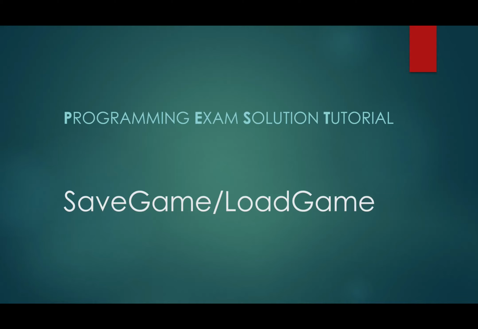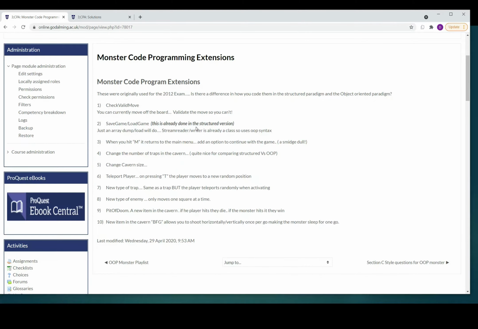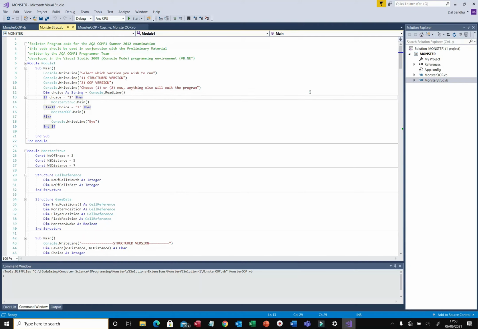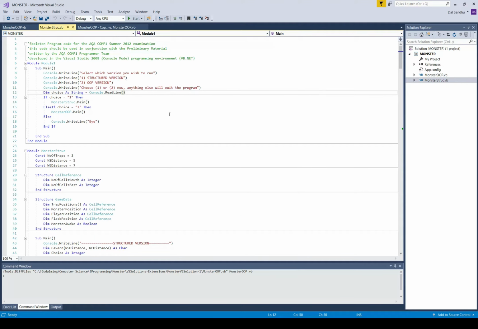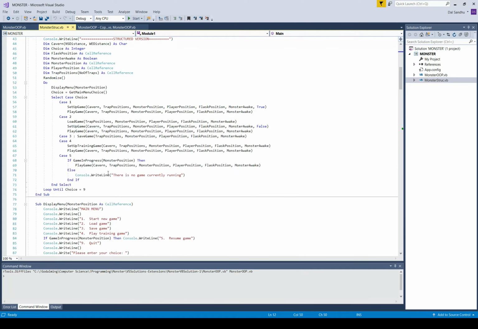Let's look at SaveGame and LoadGame. So here, this is already done in the structured version. So let's have a look at the structured version of the code. So, structured version, there is a SaveGame somewhere. SaveGame here,